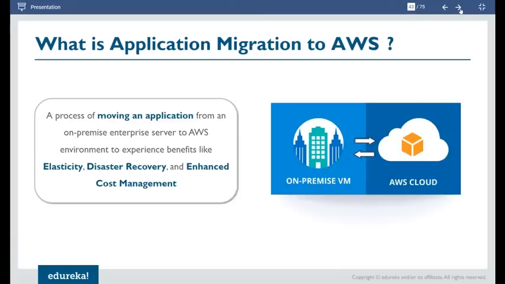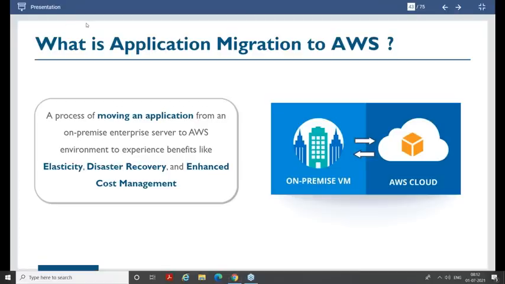What is application migration? So far, what we discussed was strategies for your infrastructure migration. Infrastructure and application are two different things. Yes or no? I want you guys to confirm. Agree?